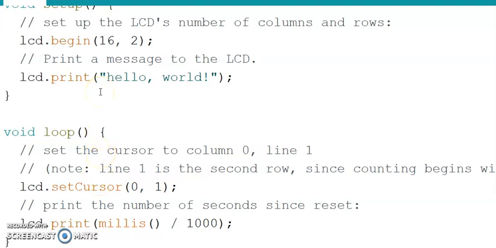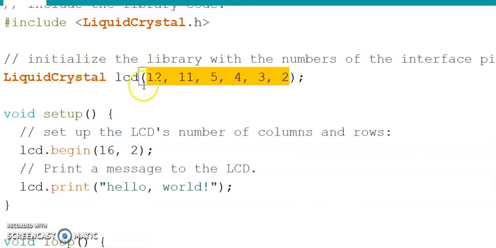So to begin with, you need to set up the LCD. So LCD.begin. Here we have named that LCD, so LCD is the constructor. You can have another name also, but here LCD is given. So LCD.begin again comes from the library LiquidCrystal.h, so it's necessary to include this library at the start. If you forget to include this, then this will not work. So Arduino IDE should know that you are going to take commands from this inbuilt library.